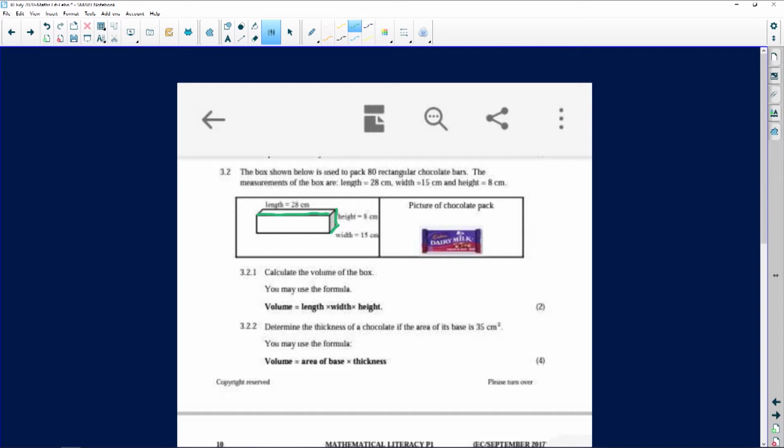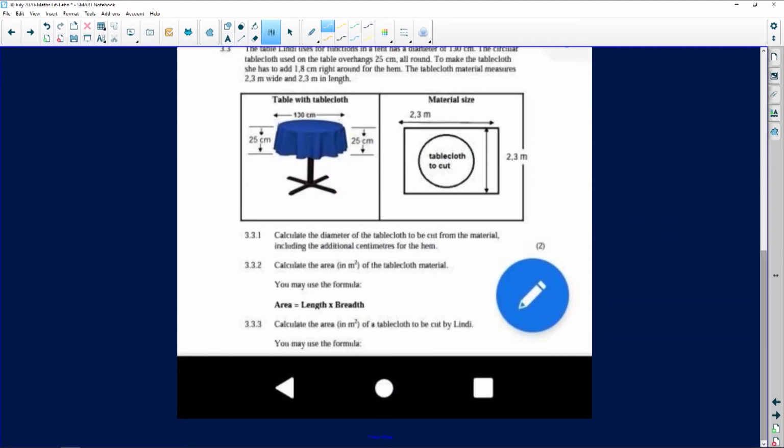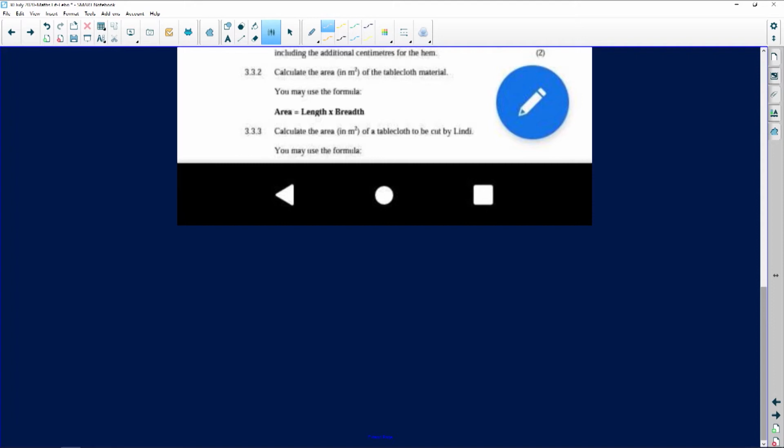And then number 3.1.2 says to us, again, we're given all these formulas. It says to us, calculate the volume of the box. Super easy, 2 marks, running away with all those marks, right? So the volume of the box in this particular case would then be